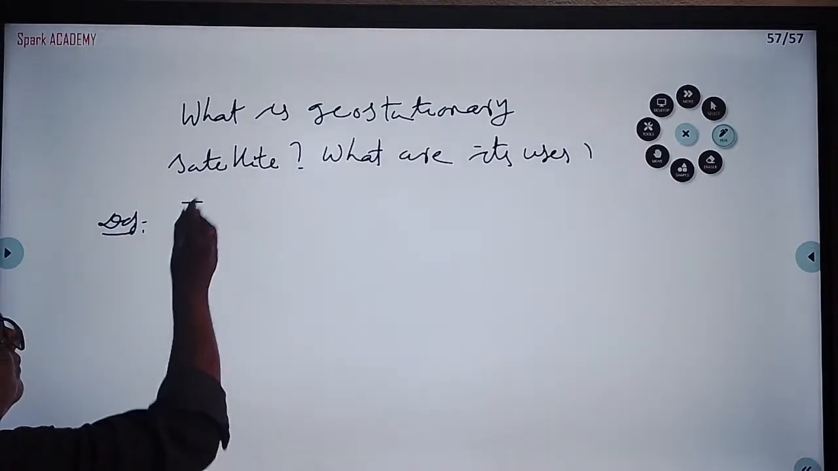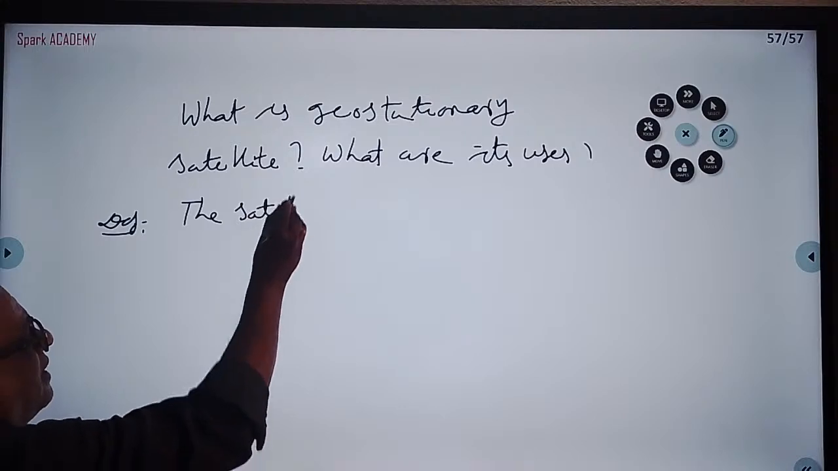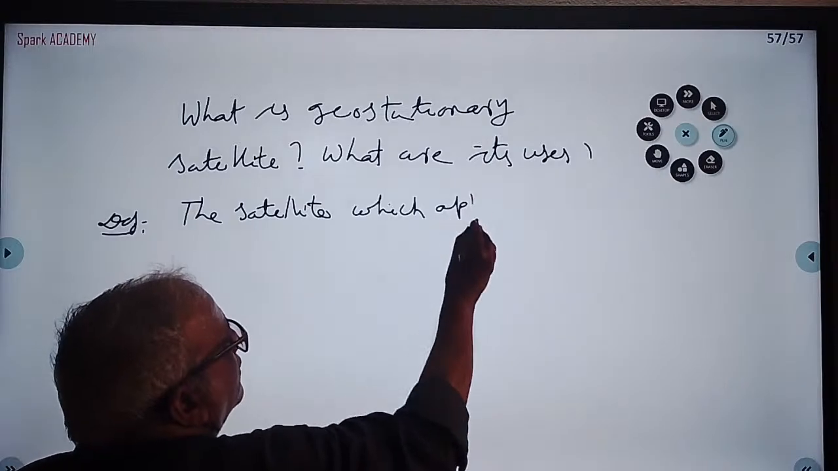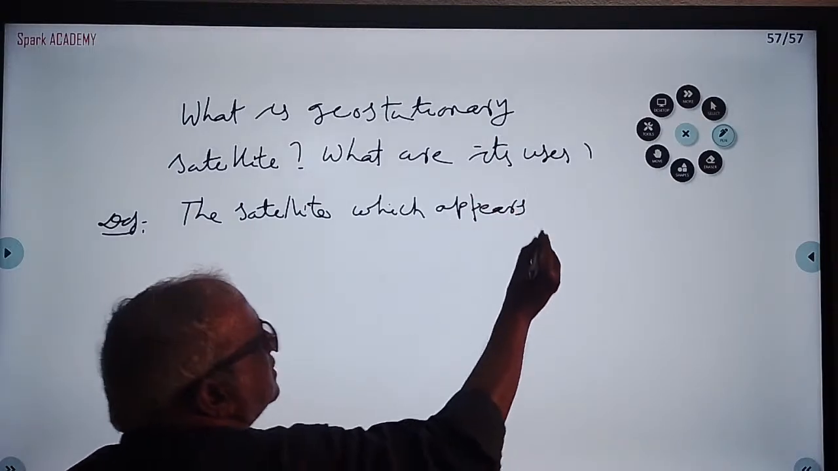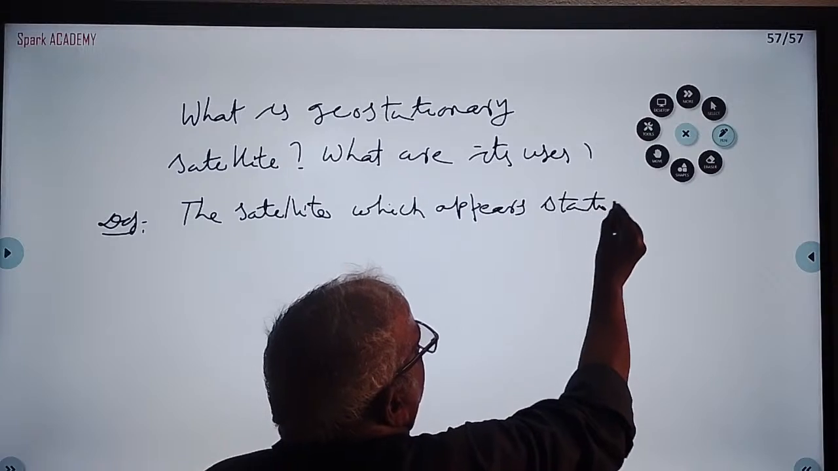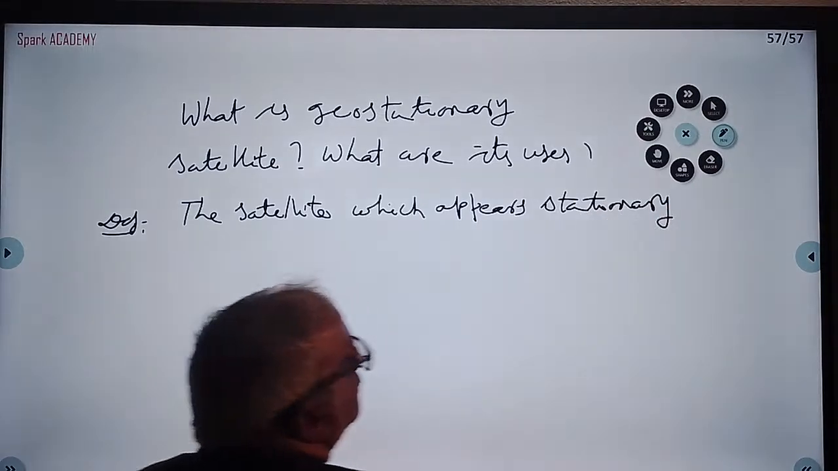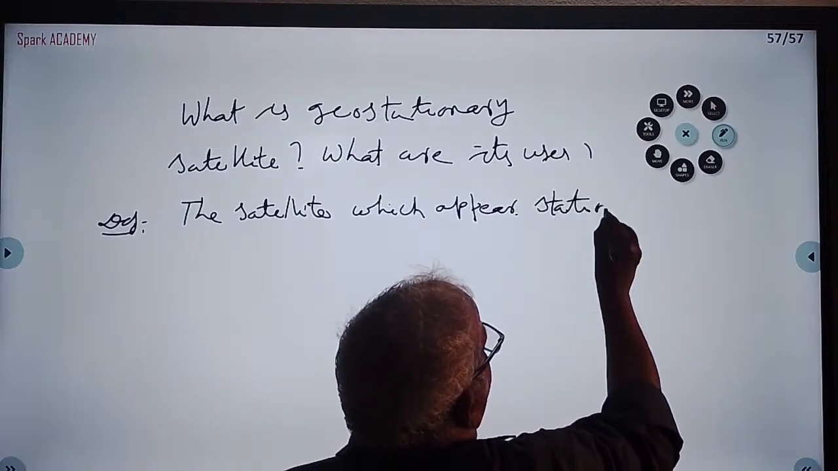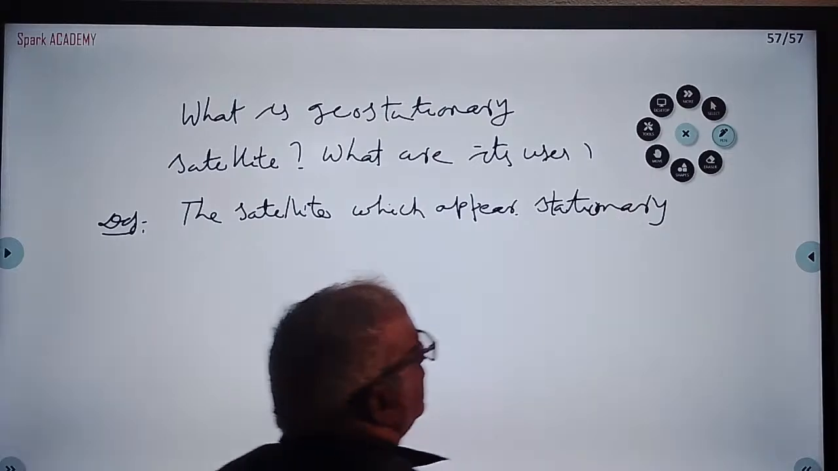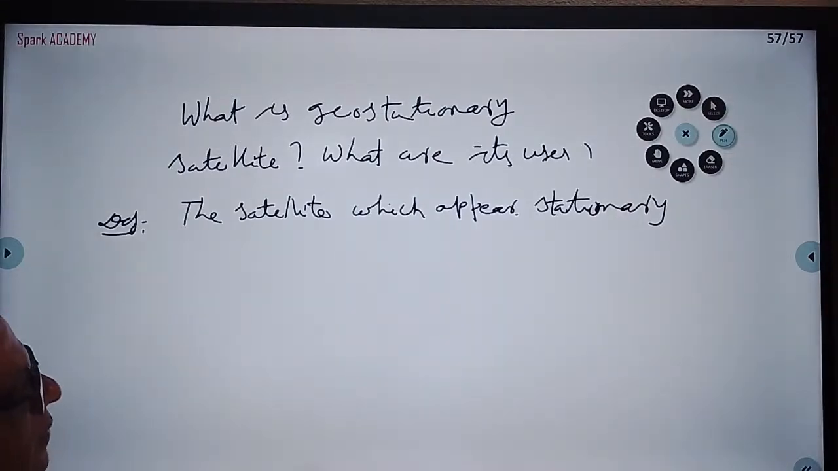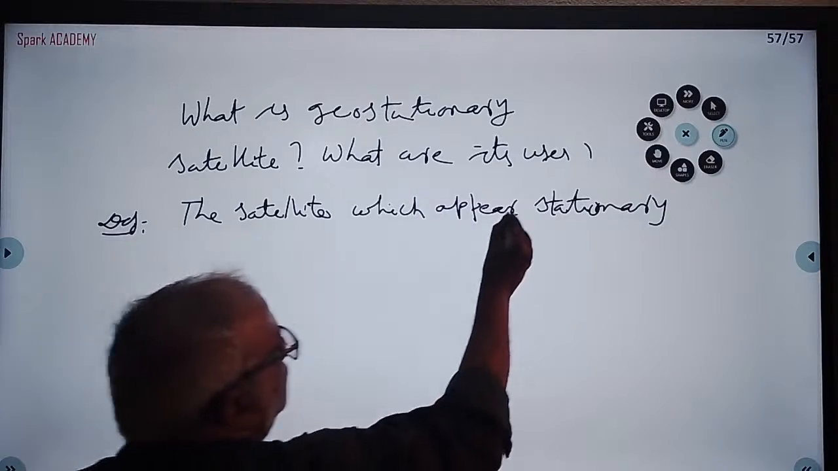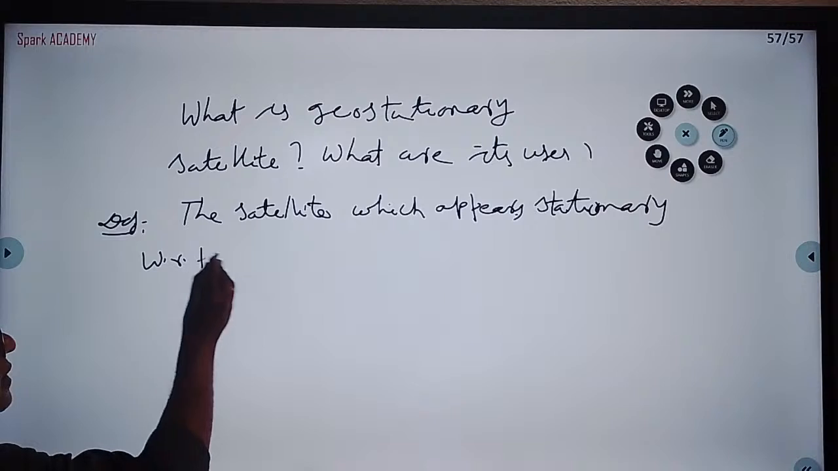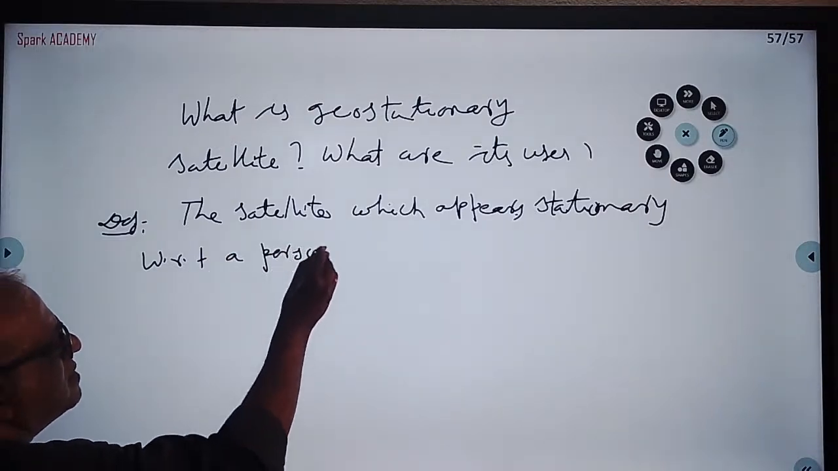The satellite which appears stationary. When I'm writing, please see the writing, students. Stationary means at rest. Satellite which appears stationary with respect to a person on earth